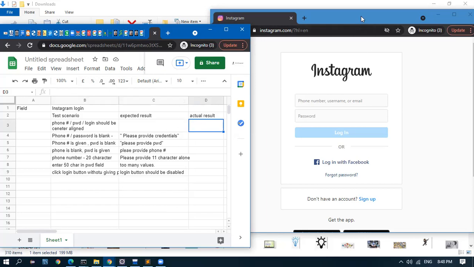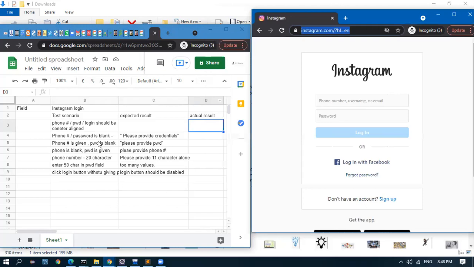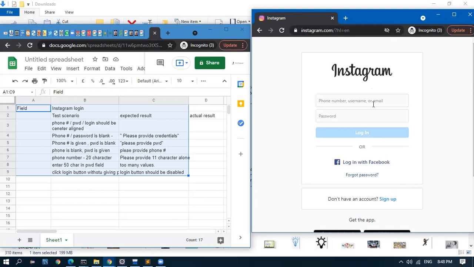Now, assume that 3 months have gone and the developer has finished the page and hosted it in the domain and is giving it to us. Assume that it is not live. The developer has finished the development work based on this sheet which we have given them, and he has hosted the site. It has come to us for testing. Now we have to approve it before we make it live. Forget that Instagram is live now.